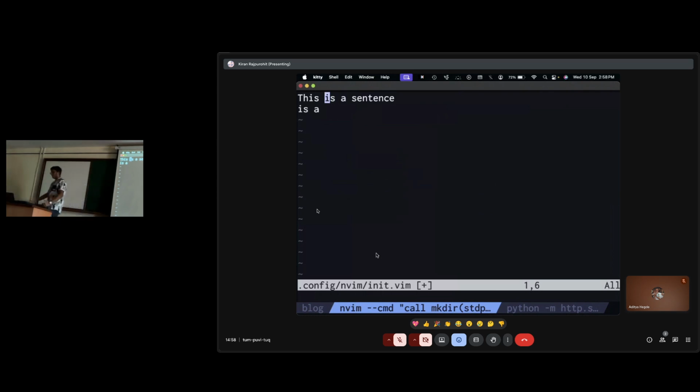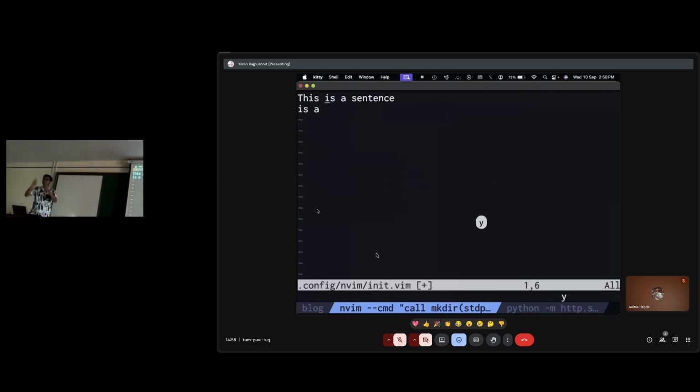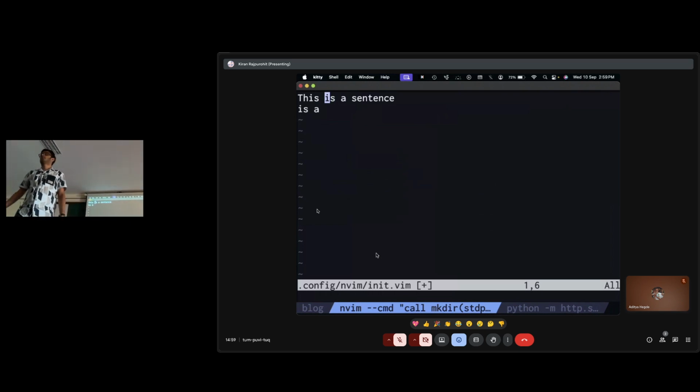Right? And now I want to copy 2 words. So what can I do? I use Y, the yank. It's called yanking. You can yank something into the clipboard. So what do you do? You can do YW, copy a single word. But that's not what I want. I want to copy 2 words. So you do 2YW. Does that make sense? Awesome. The person with the question, does that make sense? Cool, follow? Anybody, any questions? Please feel free to ask.